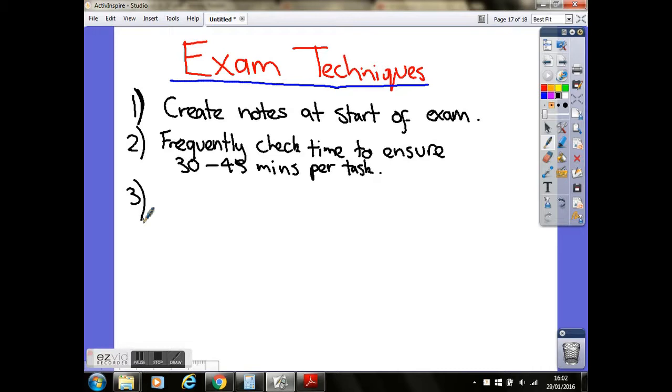So if you're not sure, recalculate it, and if you get the same answer again, I would stick with that. What you don't want to get into is do the same question over and over again and you're still not happy with the answer, because again, that's going to lose you time, and time's going to be very valuable to you in this exam. So that third point is, if you're not happy with an answer,